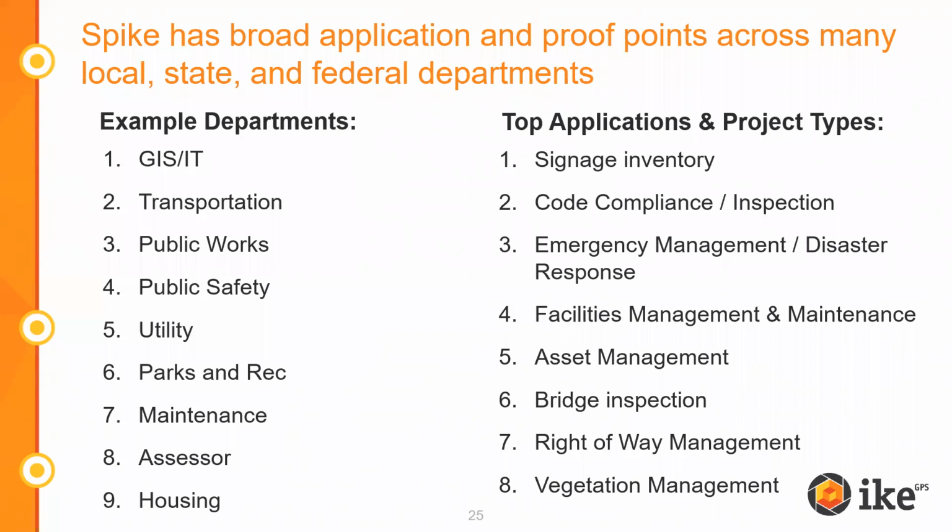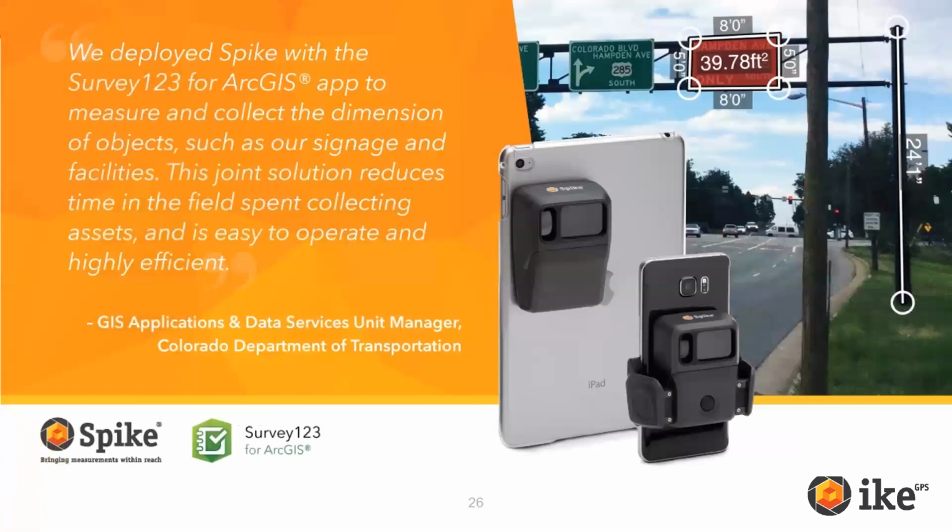And the question that you just need to ask yourself is that in my field data collection today, what am I not collecting because it's too hard and it's too expensive? But also because I felt like I didn't have the right people. And can I use this to enable other people in my organization to go out and get the data that I need? And the answer for a lot of agencies, and these next ones, is absolutely yes. And I'm going to start out with Colorado DOT, because it's one of my favorite case studies, because they really took the idea of Esri Mobile Apps and Spike and said, I love these two things. How can I make these two things work for me? And really completely change the way we're doing mobile field data collection.